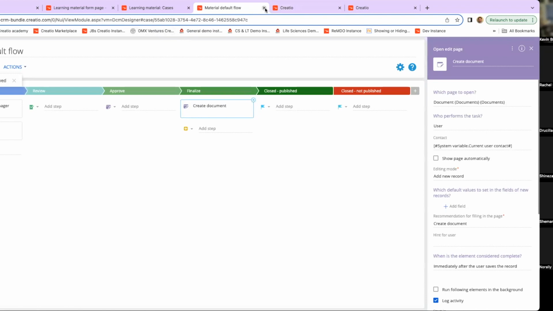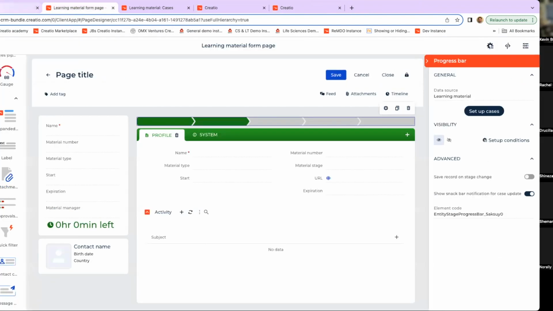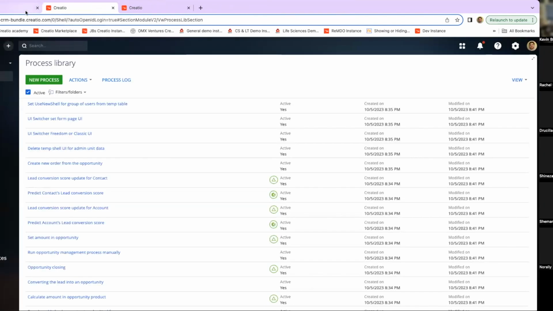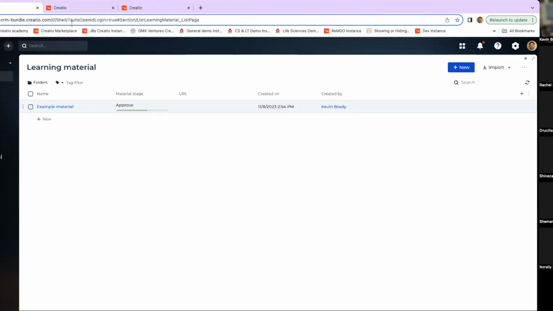All right, so I'm going to save that. I'm going to close that. And the form page, I'm going to close some of these just to create some space. And that was the process library. But so now we'll look at business processes, where the dynamic cases are for that step 1, step 2, step 3